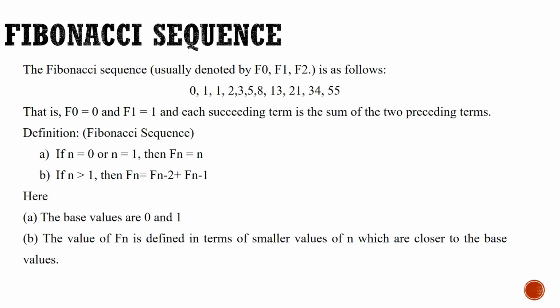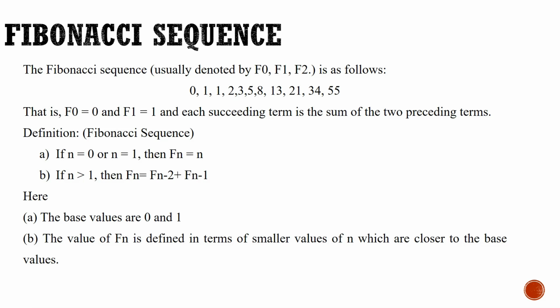I want to generate the fifth Fibonacci number. So how do I need to generate that one? By adding the 2 and the 3. How to get the 2 and the 3? How to get 3? By adding 1 and 2. How to get 2? By adding 1 and 1. How to get 1? By adding the 0 and the 1. That is, our break points are 0 and 1.